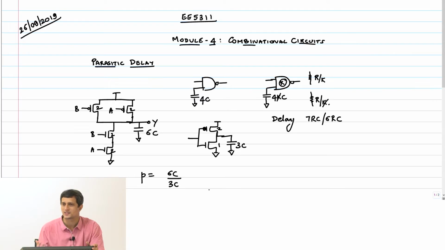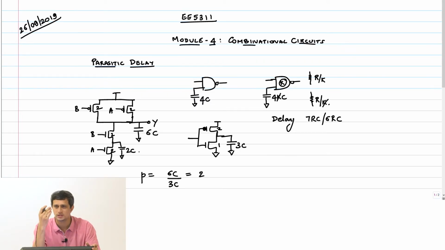Basically the R is the same. The gate has been sized so that the R is effectively the same. That's how we started. Therefore, I am leaving that R out automatically, and you are going to get the normalized delay as 2. What are we leaving out here? We are leaving out this 2C effect, which is what made it 7C earlier, when we did all the calculations.